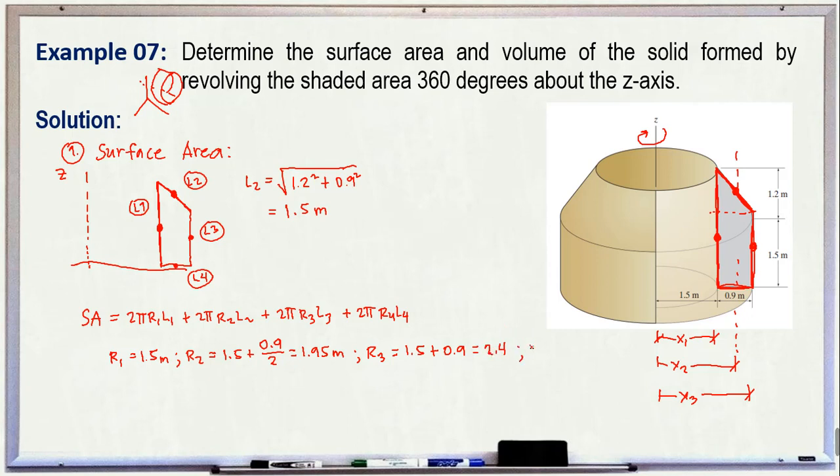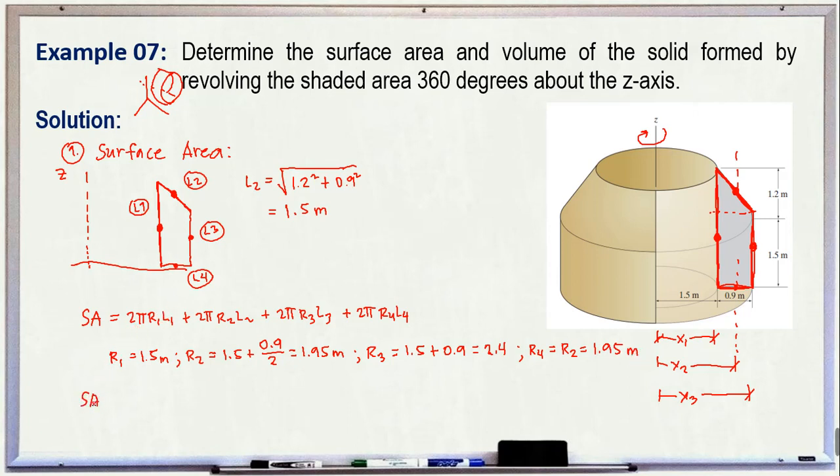And finally, we have R4. R4 is just the same with R2. Okay, R4 is just equal to R2, which is equal to 1.95 meters. Okay, so that's all. And after that,